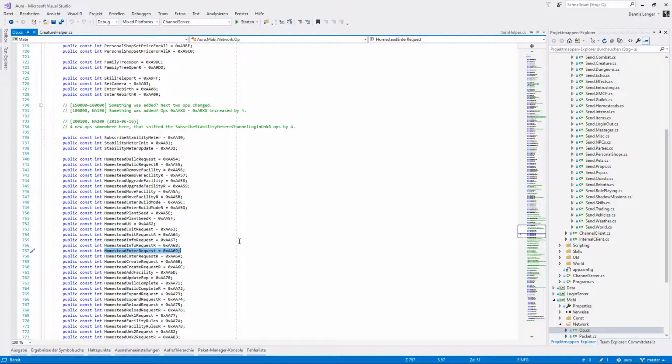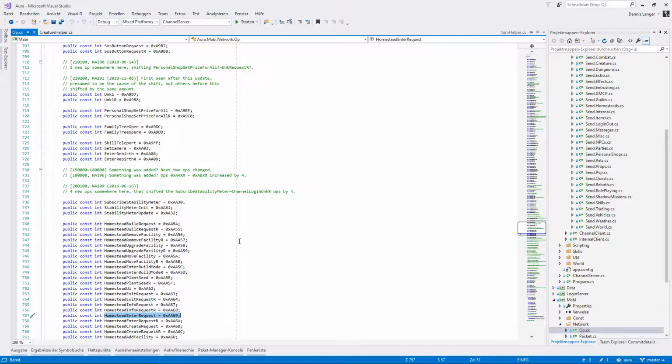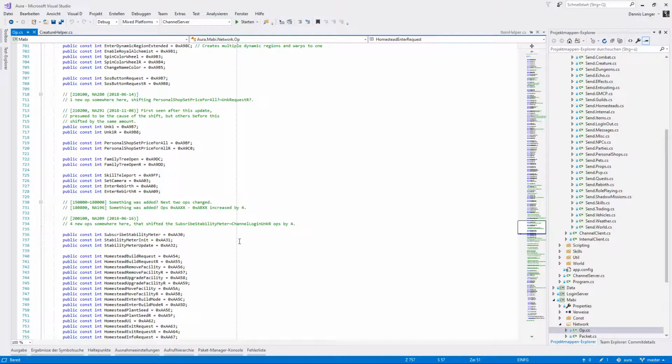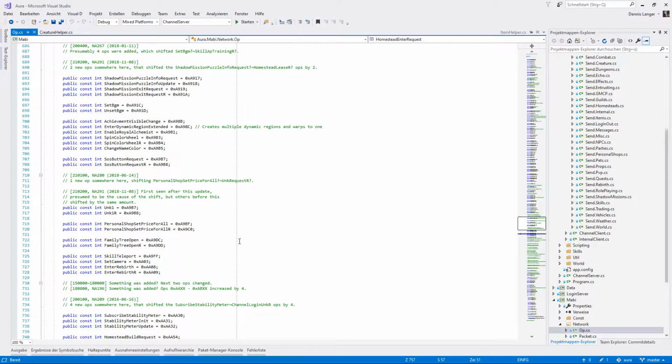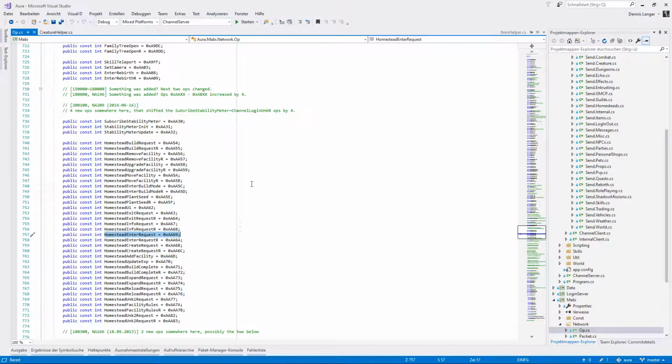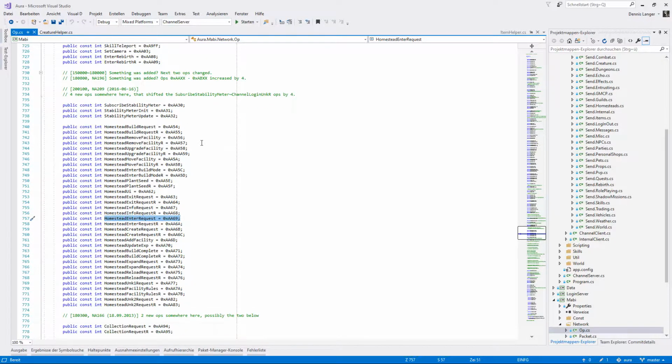Opcode back to the client. So far so good. I would say let's start with the Homestead packs for now, so we can properly log in and then figure out the rest. So we're just going to shift everything by 2 for now, which makes this 6, this 7, 8, 9, 10, which is A in hex,